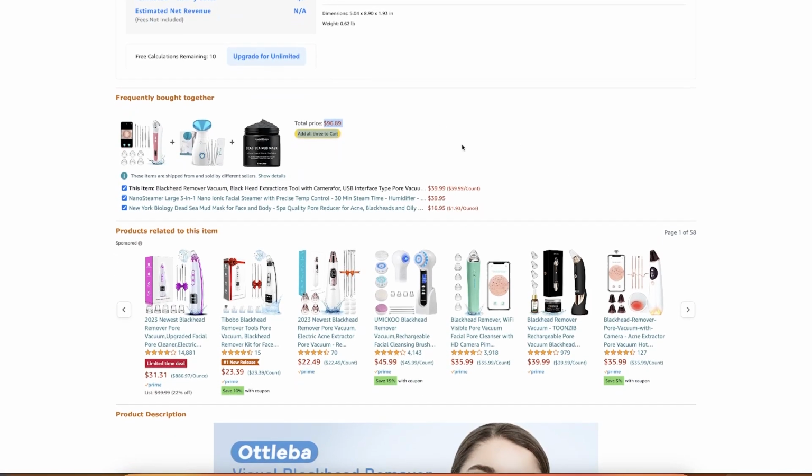Instead of a simple product, you have created an offer that you can package with other products and sell as a whole routine, and it has tremendous perceived value. So if you could sell this whole experience, this whole bundle, this whole routine, instead of just selling one device like everyone else, then you will have the advantage.